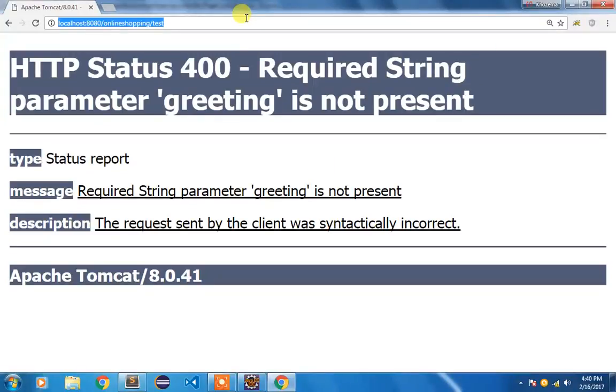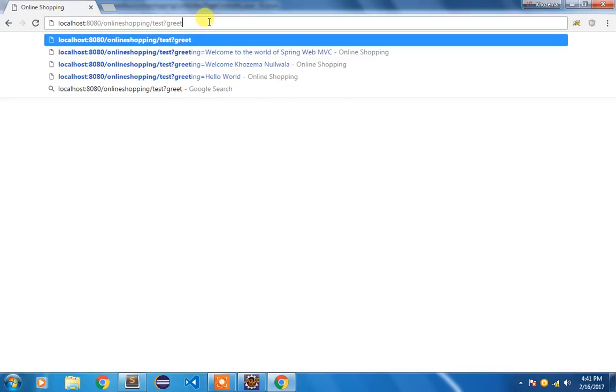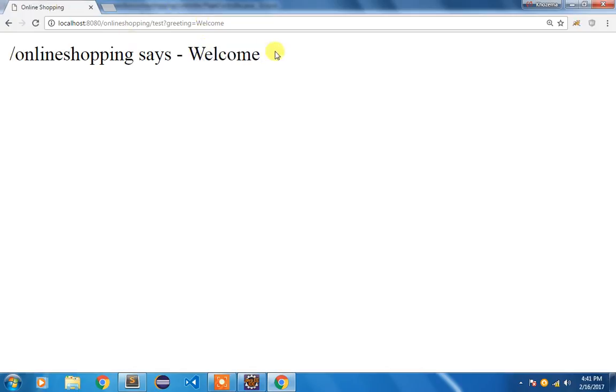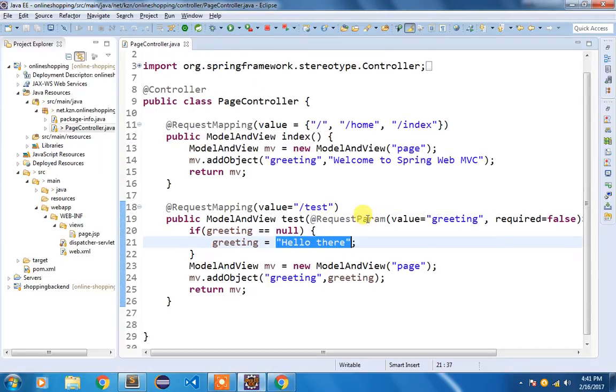Now if I refresh it, it is showing me the default value. Now if I put some value here, question mark greeting equal to welcome, it is showing me welcome here. So that's how you can use @RequestParam annotation to get the value from the query string.